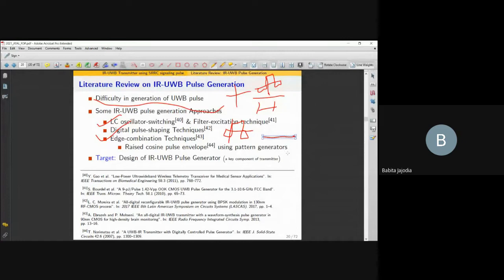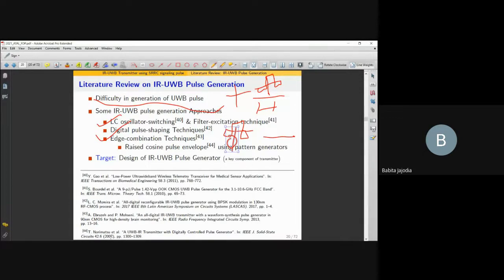What you can do is generate one block from one part, another block from a second part, a third from a third part, and then combine them. And all this will be controlled digitally. Okay. So similarly, the combination was also a technique, and this was done based on hardware implementation